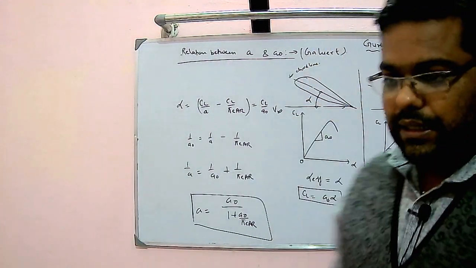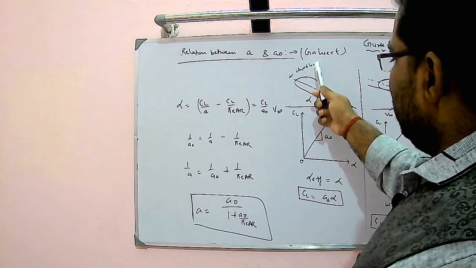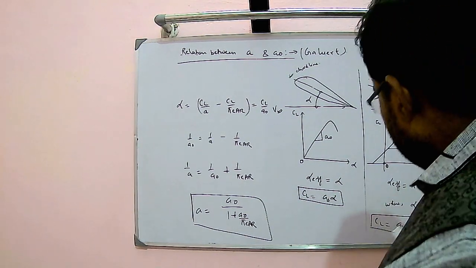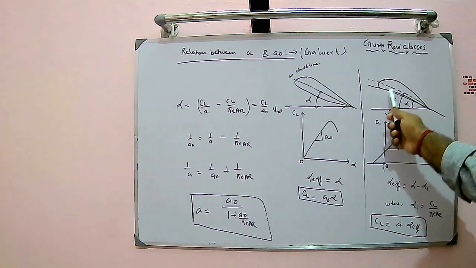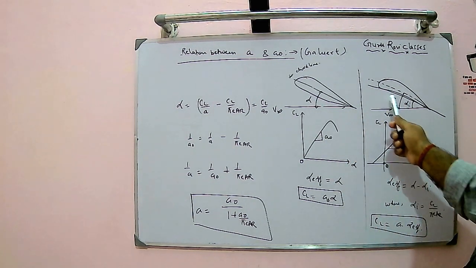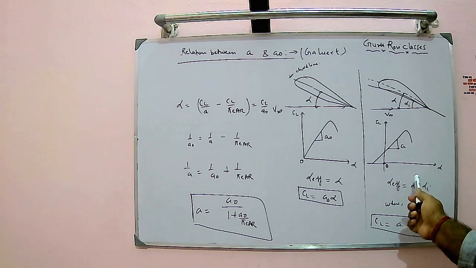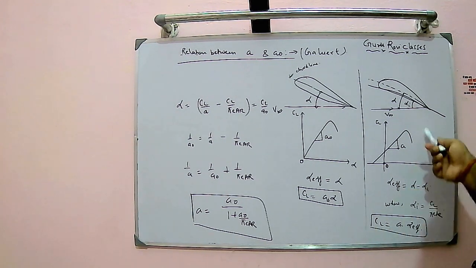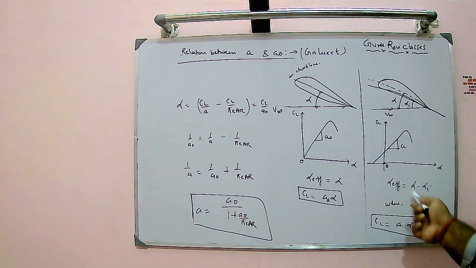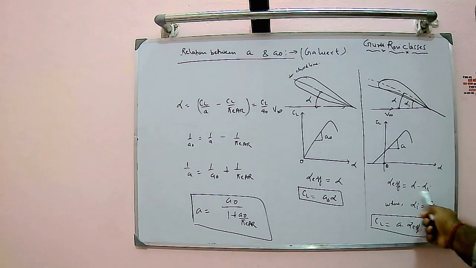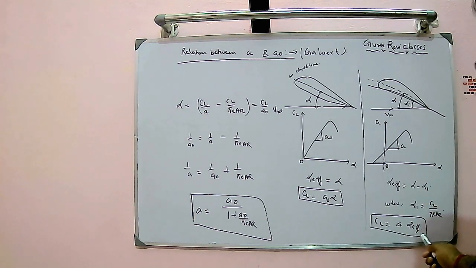So is that clear? As I said, this is a symmetrical airfoil, CL = A₀ α, so there should not be any doubt. And this is unsymmetrical. In that case, the effective angle of attack will decrease compared to this. So the effective angle of attack now is α minus αᵢ. αᵢ is what we call the induced angle of attack. The induced angle of attack has an empirical relation with CL, that is CL/(πAR). So if you substitute this, you can get CL = A α_effective.